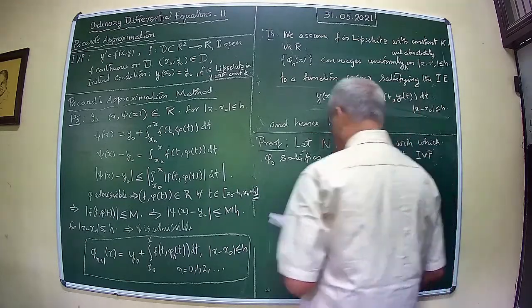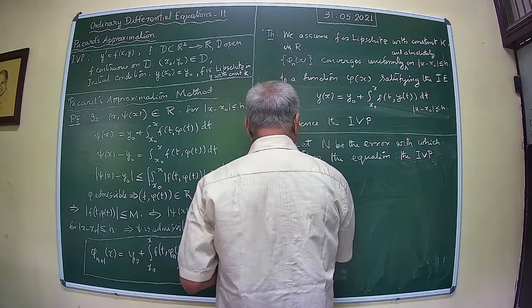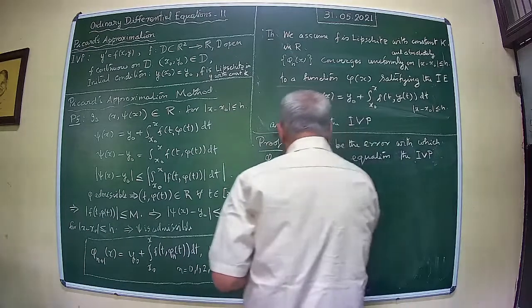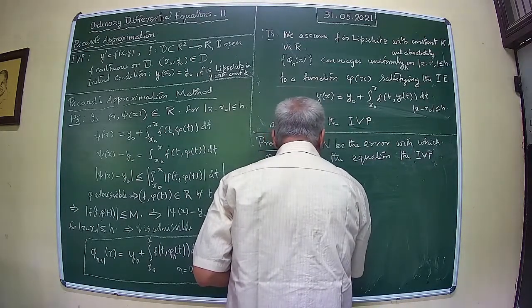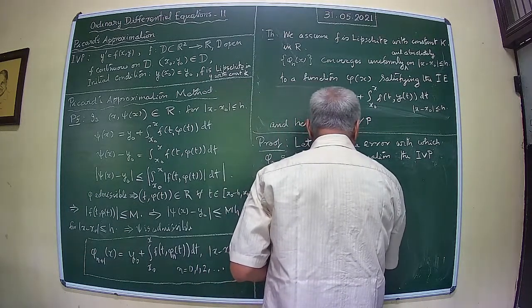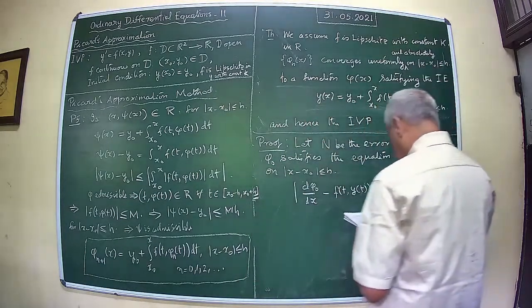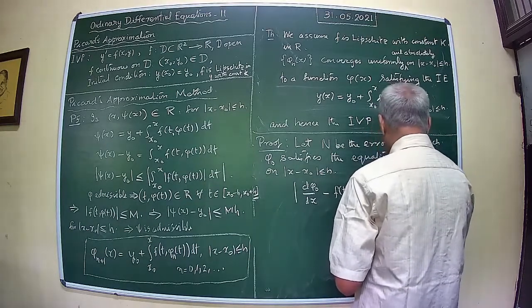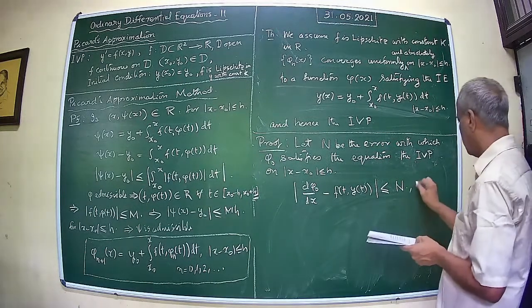Therefore what does it mean? It means that this is less than or equal to, okay, for mod